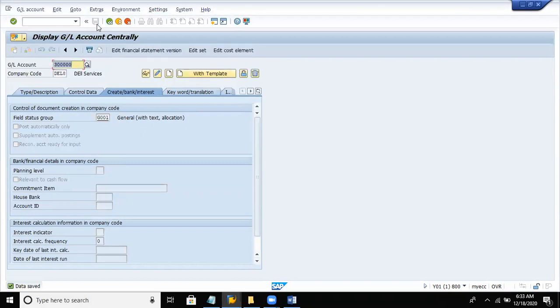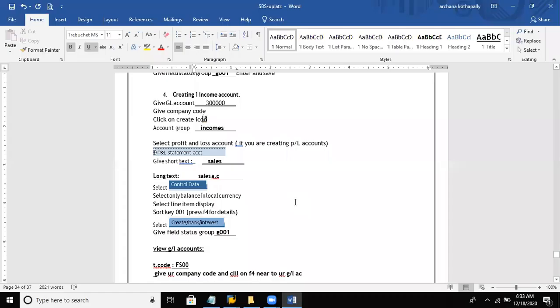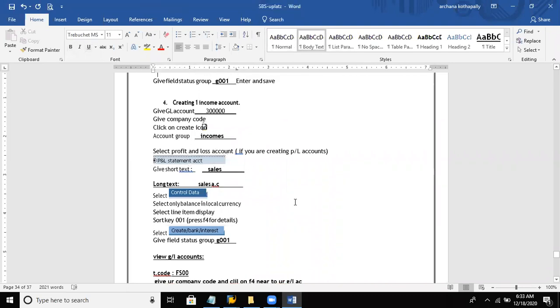So data got saved. So why we need not check open item management for P&L accounts and why we check open item management for balance sheet accounts, we will see better in our next sessions. Then as we have successfully created one income account, let us create now one expense account.